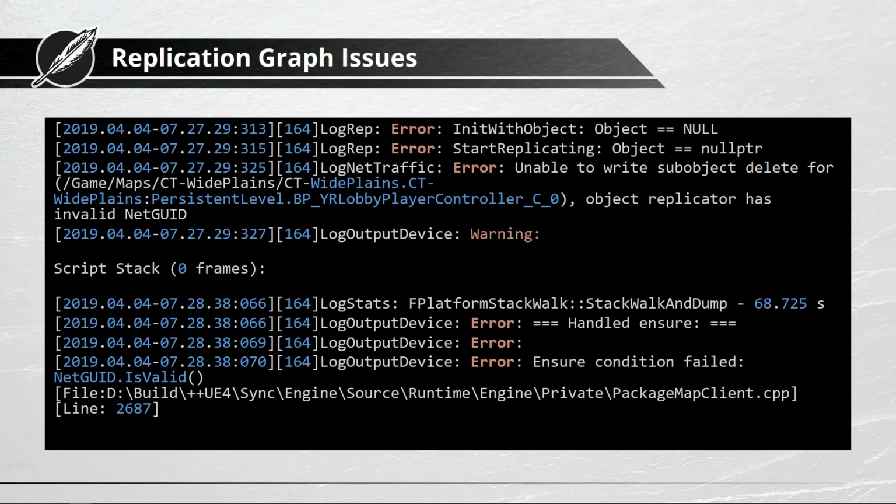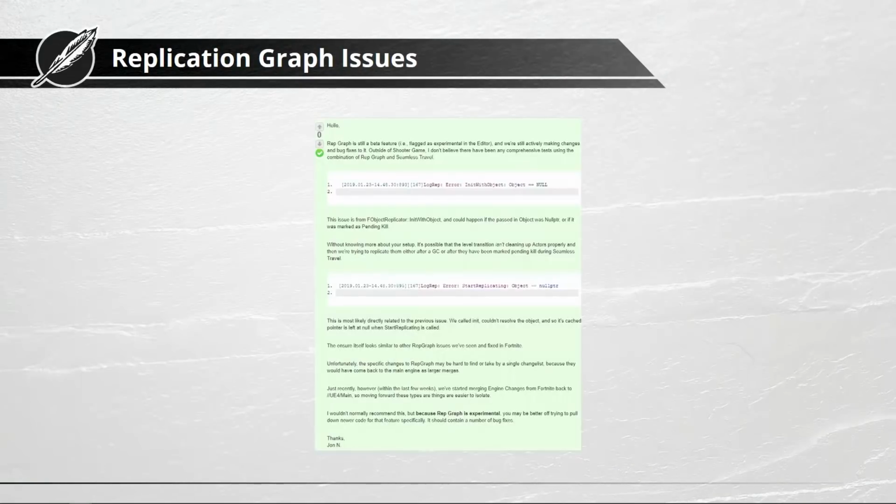And this is when we refer to UDN and ask what's going on here. Together with Epic, we figured out that it might be related to seamless travel, because actually there is no example implementation that has ever tried to use replication graph in conjunction with seamless travel yet. But we're trying to figure this out together now. So we were able to isolate the issue related to seamless travel, and so we could just disable seamless travel for us.